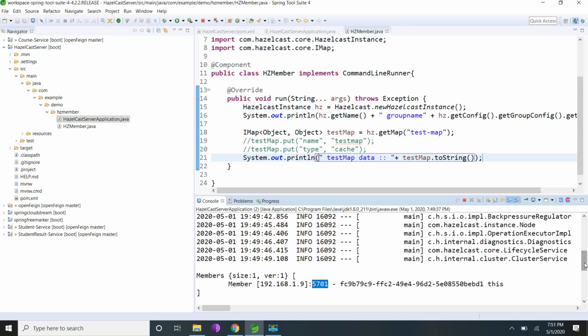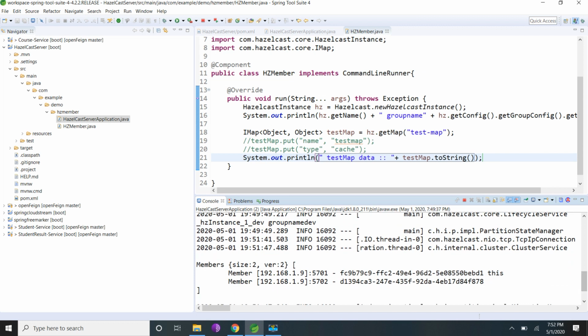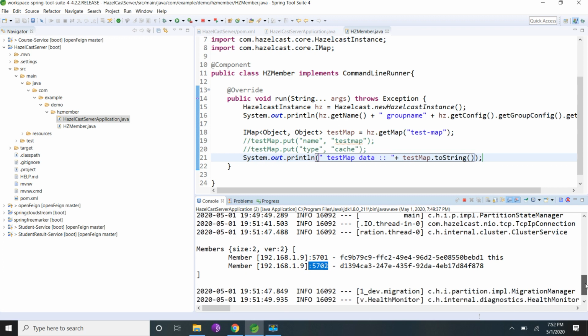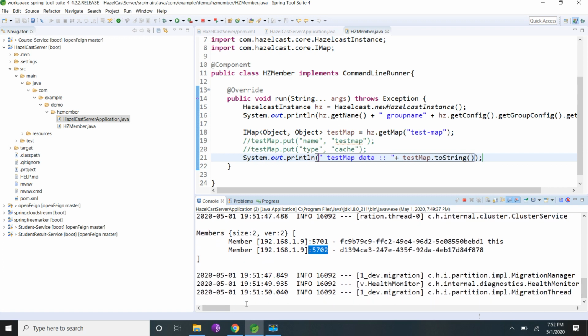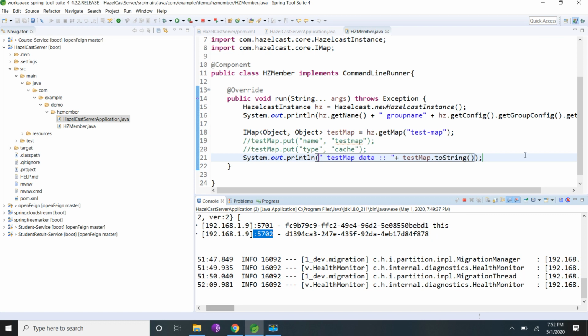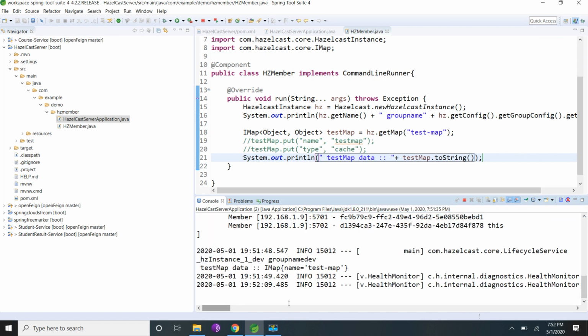The port is auto incremented. So now when I start one more instance, it started with 5702. See, here it was printing my map name, test map.